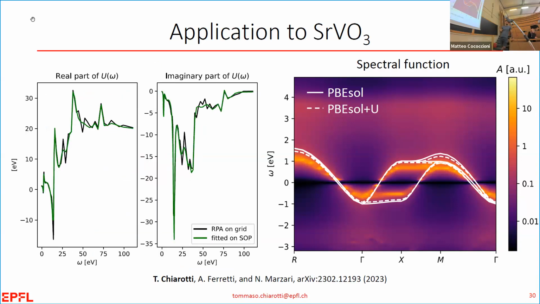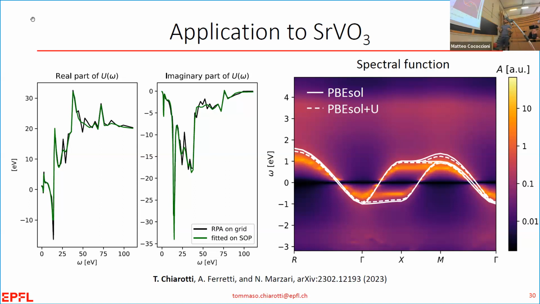What I want to stress here is the fact that the strontium vanadate was highly debated because it was the prototypical example of dynamical mean field theory. Why? Because density functional theory, as you can see, so this bandwidth, these are the T2G bands. Sorry, this slide looks better on the computer, but the point is that the yellow are the results of my code, so the results of localized GW. This bandwidth is correct. We have already seen it in the Miyake paper.